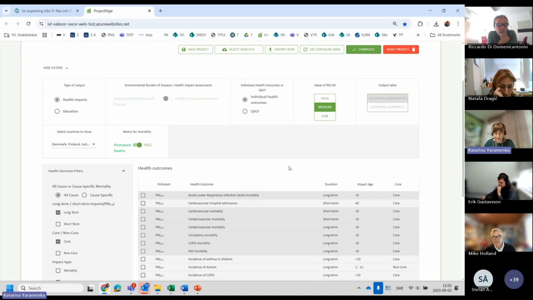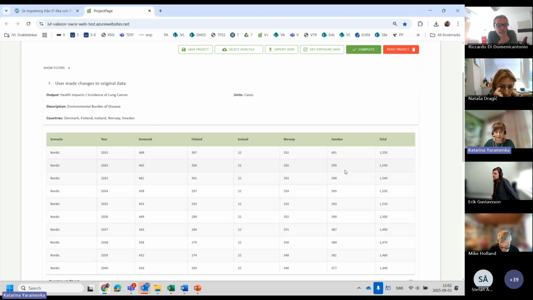Let me check if I need to do any other selections here. I can switch between premature death and, okay, it's not relevant for cancer incidence. So I just press complete, and now I see the table